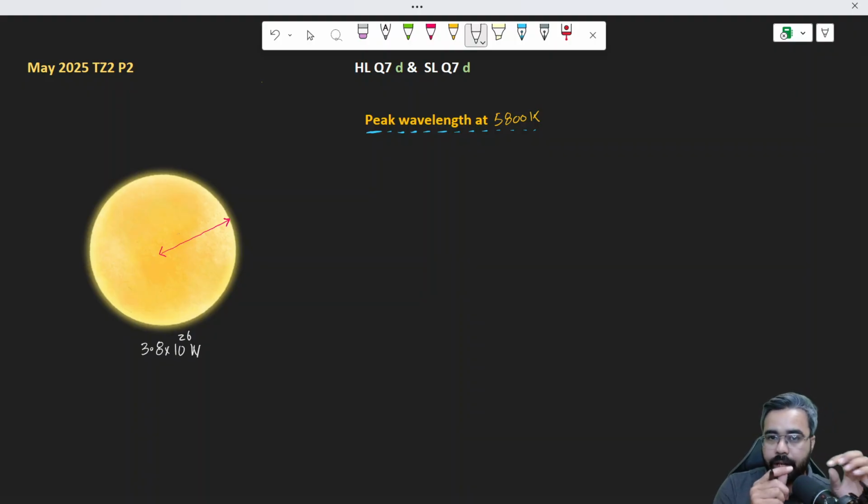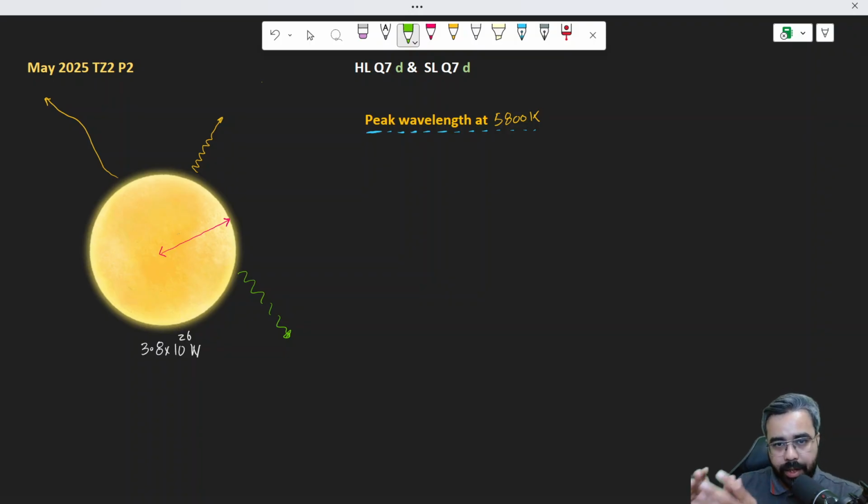But this energy is not radiated in one light. In fact, the whole electromagnetic spectrum is radiated from the sun into the vacuum. So what I mean to say is that the sun radiates light in the form of gamma rays, in the form of radio waves, and also in the form of visible light. So all the lights from the electromagnetic spectrum share some amount of the total energy radiated in 1 second. If it is clear, then let's see, according to Wien's law,